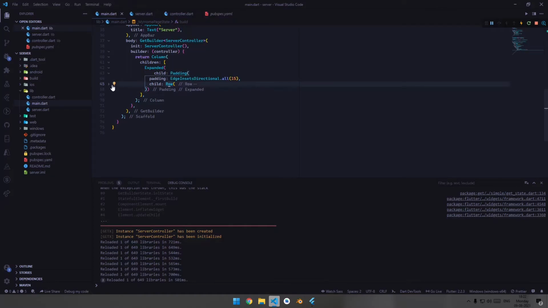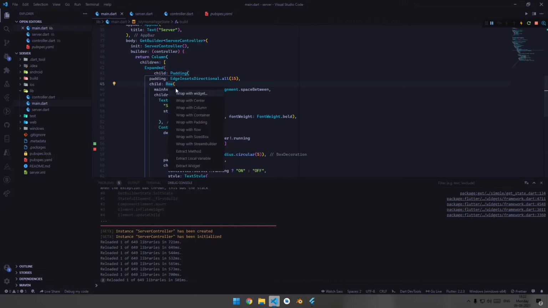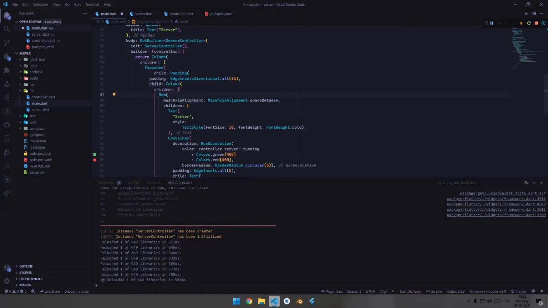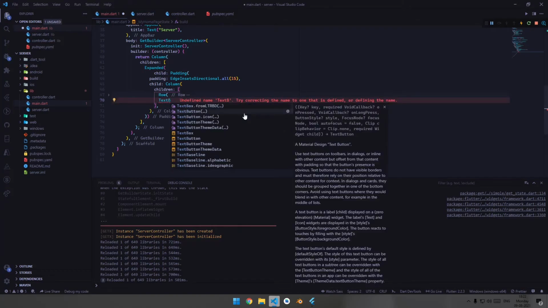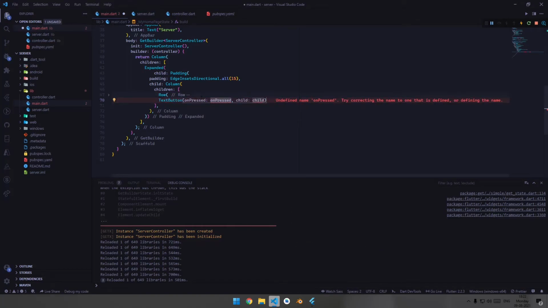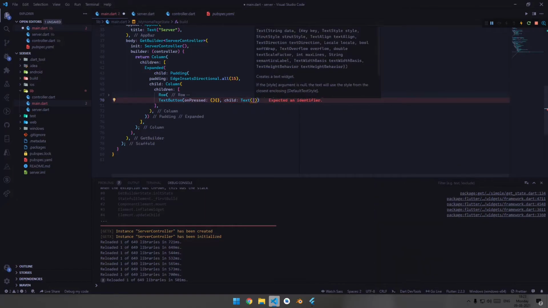So for that, now let's wrap this row widget under column and minimize this row widget, and now let's call the TextButton widget, and when we press this onPressed, let's call a function, and inside this we will be calling a text.